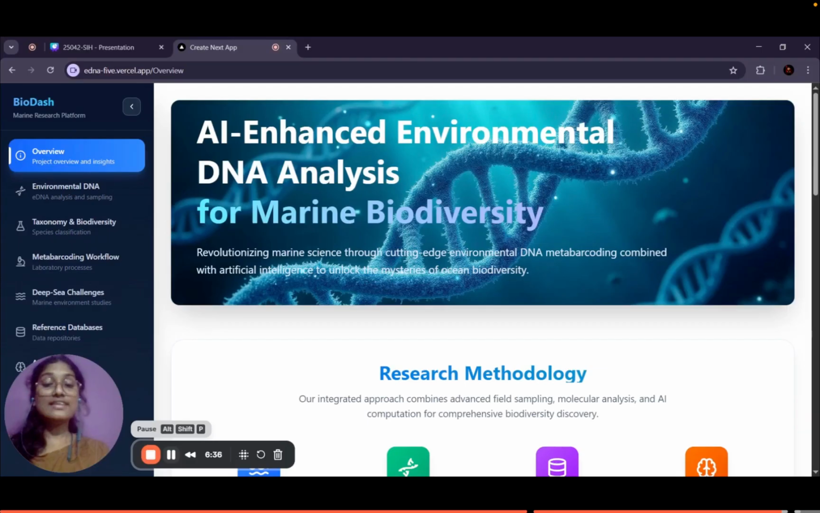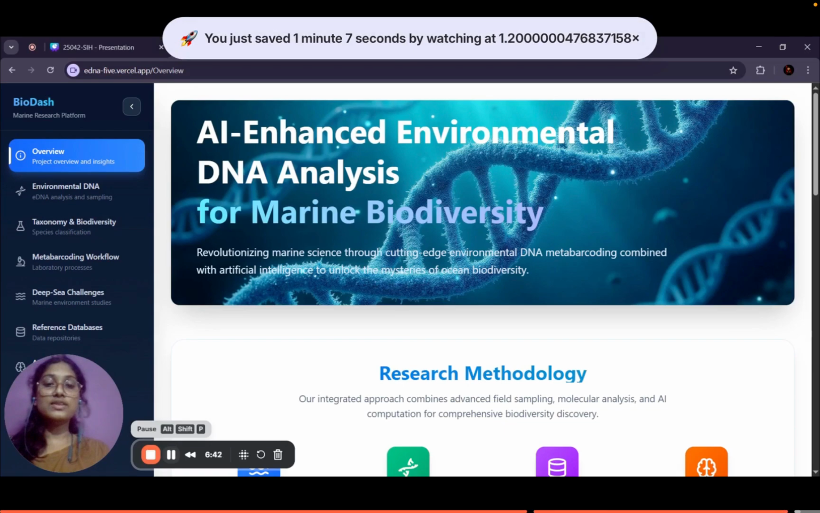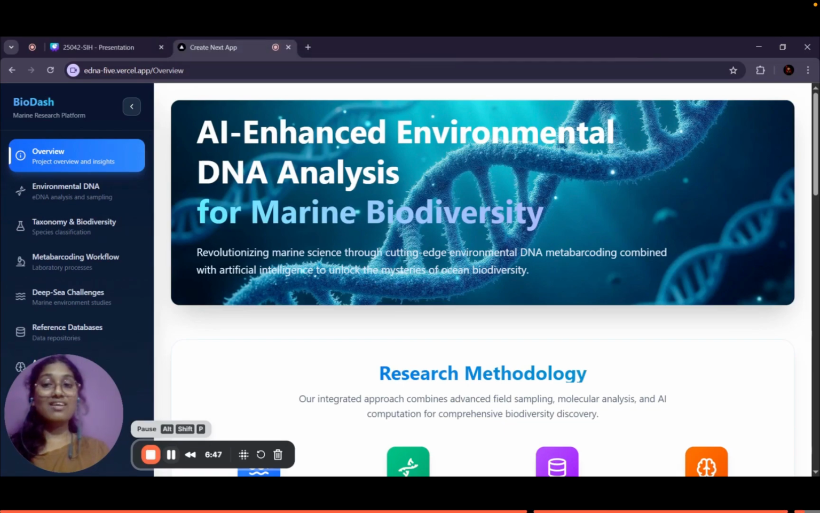To conclude, our solution, GeeKhoj AI, is not just a classifier, it's a discovery engine for marine life. By ensuring that no DNA data is wasted, we take a major step toward uncovering the mysteries of the ocean and safeguarding